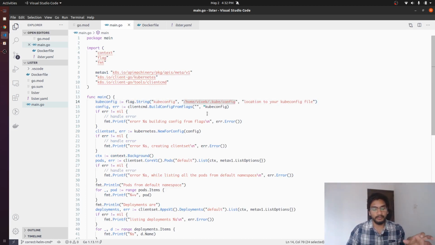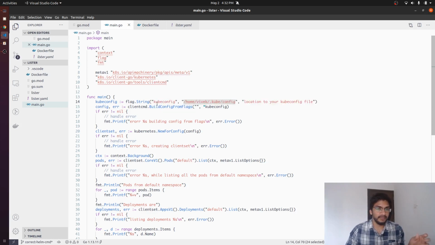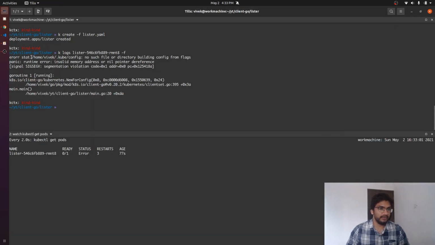If you remember from the previous videos, we can either provide a flag to our program that specifies kubeconfig file, or this program is going to read the file from this default location. And the error that we have here says that there is no file at this particular location, and the